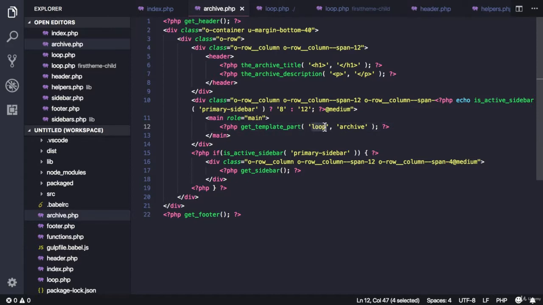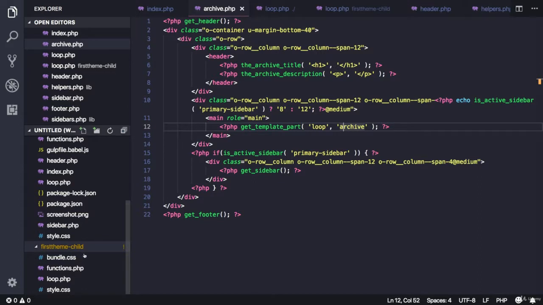And in the case of a child theme, getTemplatePath will search for loop-archive in the child theme, and if not found, it will search for loop.php in the child theme, and if that's not found, it will search for loop-archive in the parent theme, and then just loop in the parent theme. So let's try this. Let's in the child theme create a new file called